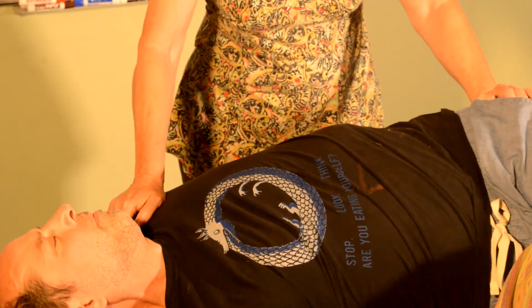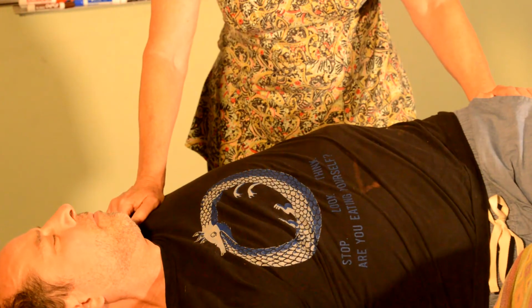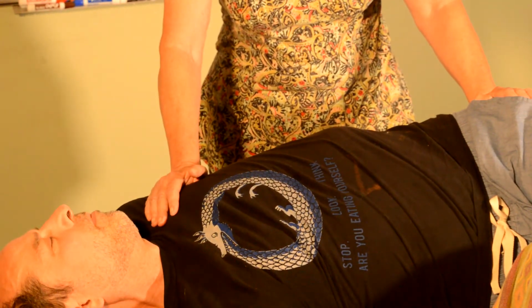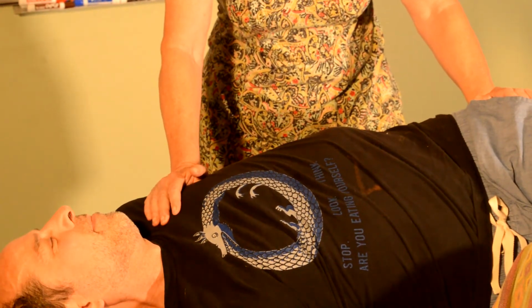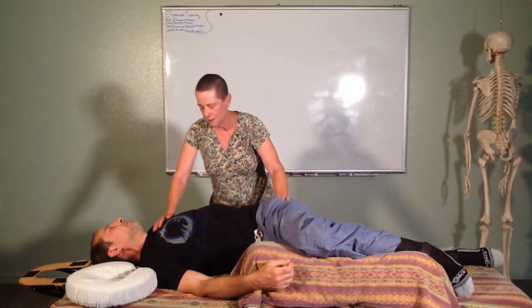And his shoulder, he came down much faster on this side. His shoulder is to the table. I'm just going to hang out here. I think if I asked him, he'd tell me he could go further, but I just, yeah. But I want to hold him here for a little bit and then come in, and then I'll see if I can,